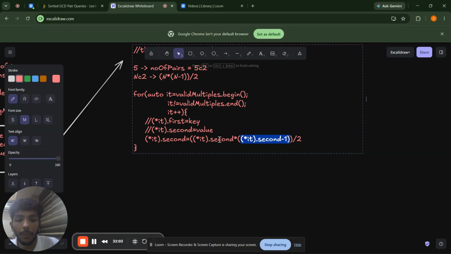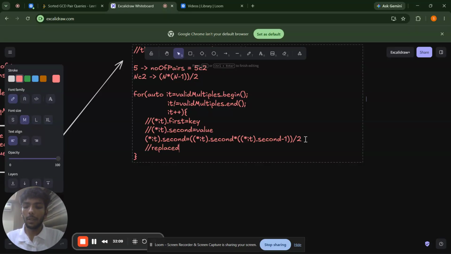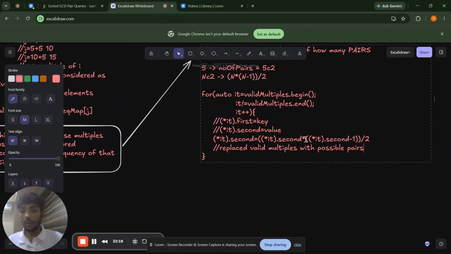We multiply them and then we divide by 2. So what we have done is replaced valid multiples with possible pairs. Okay. Now we have found out that